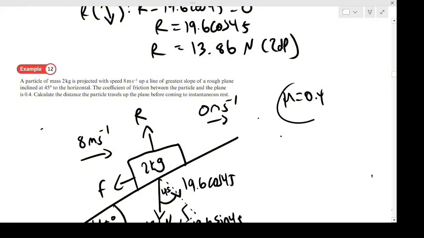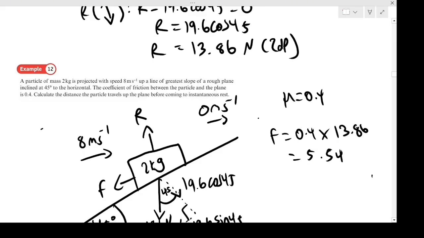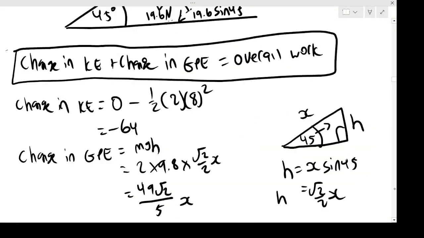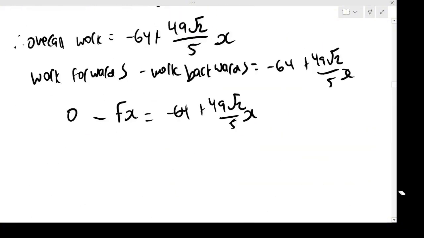I'll do it down here. So mu is 0.4. I know what R is, so that means I can work out friction, which is 0.4 times 13.86. And so that's going to get me 5.54 newtons, and there we are. Now I can use that here. So that means minus 5.54 lots of x is going to equal minus 64